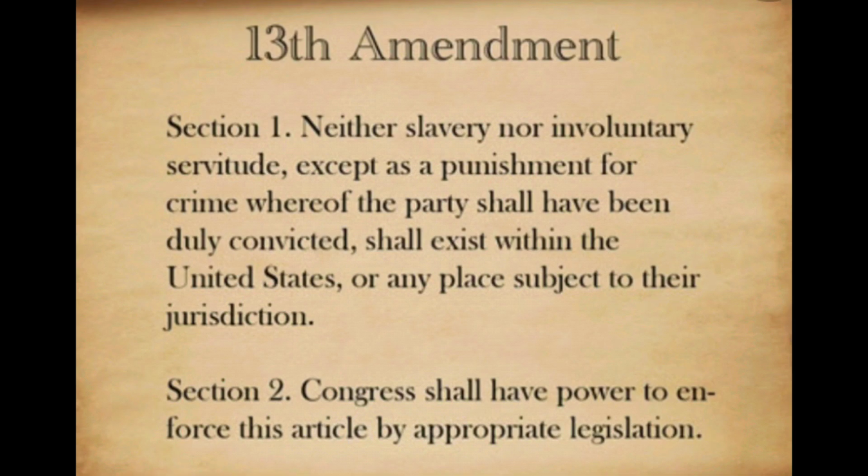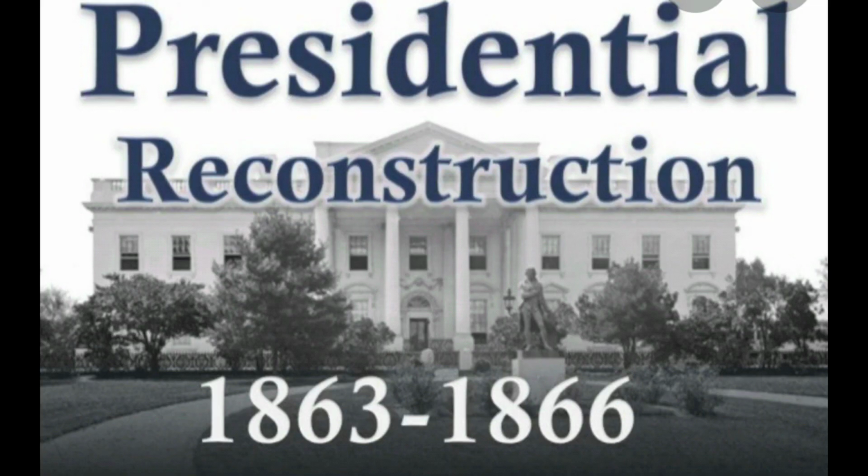On February 1st, 1865, the 13th Amendment declared slavery unconstitutional and became law on December 18, 1865. This guaranteed under law that Southerners could not return to slavery. Many masters did not tell slaves that slavery had been abolished and kept them anyway. White Southerners had no intention of following the law.